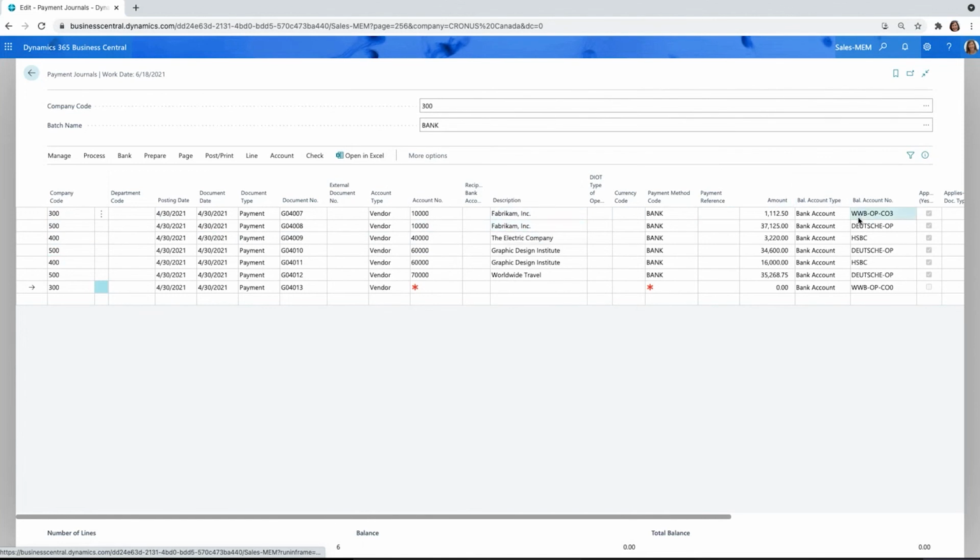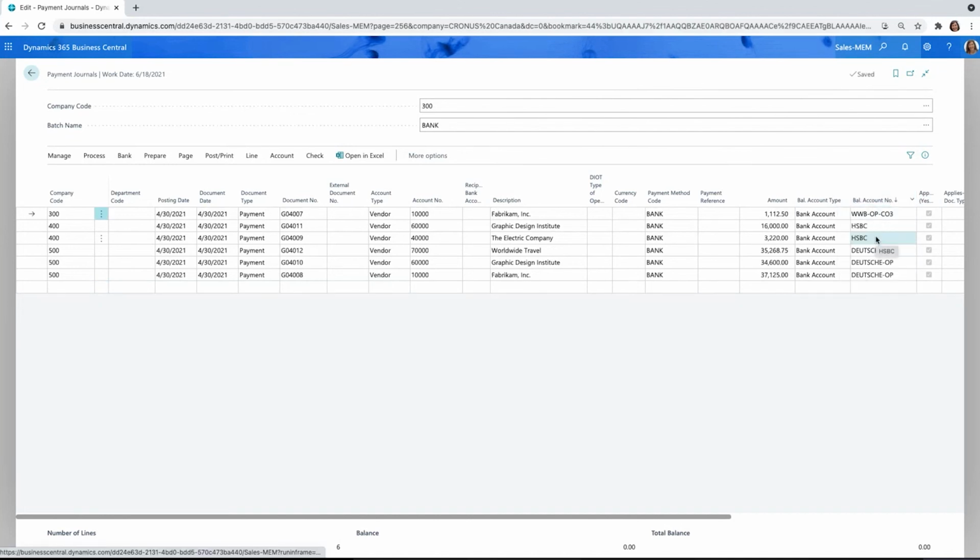But when we come over and take a look at the bank account, it's the bank account that is owned by each individual company. So this becomes really powerful if it's an AP manager in centralized financial services, where she or he takes care of the payments for all the different companies, and it can be handled in this one single batch. When it comes time to print, if it was actually printing on check stock, then the standard Business Central